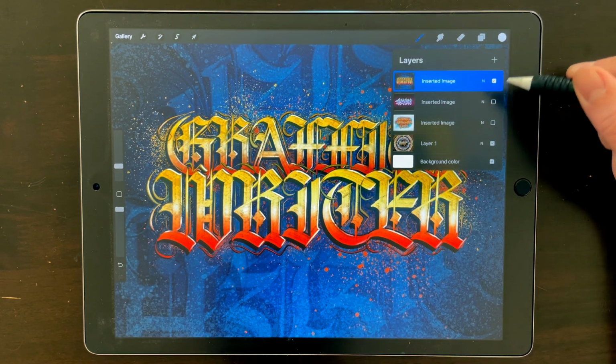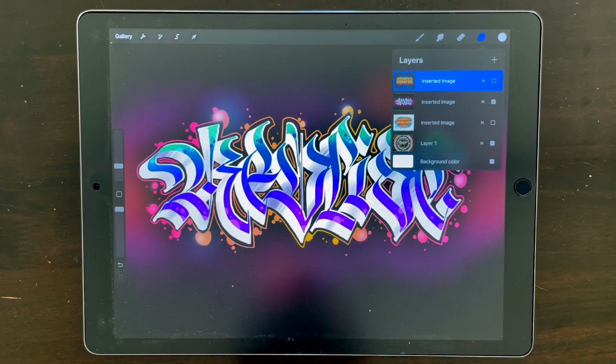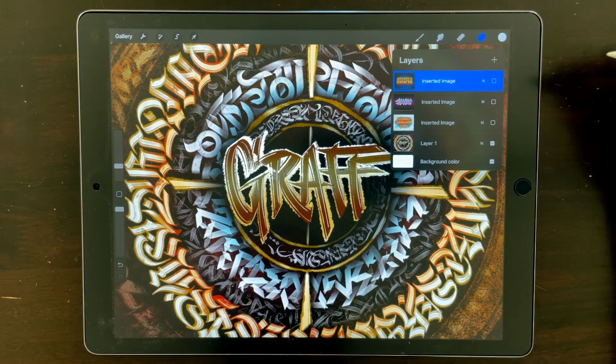I've been working on this brush set for a couple months, and I have been able to recreate some really interesting effects using Procreate's dual brush layers as well as their color capabilities to create really interesting outline and 3D effects. I will be the first to admit that I am not a graffiti writer myself,